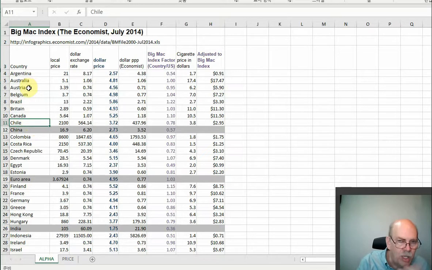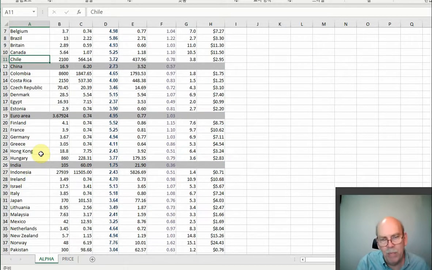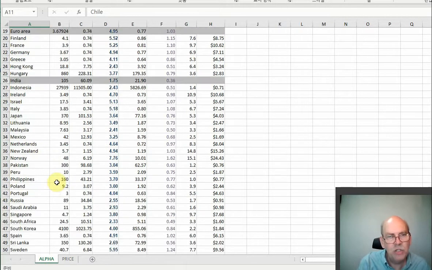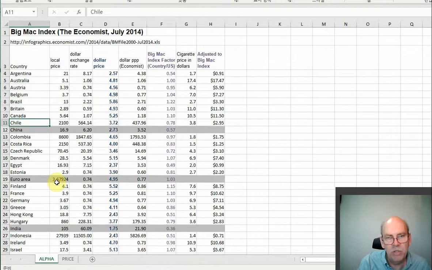Argentina, Australia, just purely alphabetical. And every so often I made a gray line, and I don't even remember why. Maybe because they're really big countries. Okay, United States. Maybe I just want to compare a few countries in my chart. I don't remember why I made gray, don't care. Maybe because the information's not complete. I don't remember. Anyway, we can see the local price